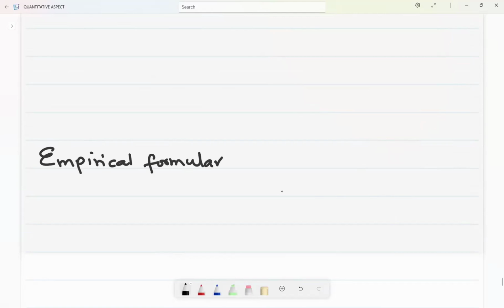You need to know how to define an empirical formula, and then you'll be in a position of knowing exactly how to calculate it. Okay, let me just confirm if empirical formula is written correctly. Yes. Actually it's going to be empirical formula as well as molecular